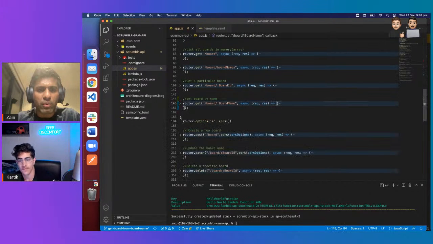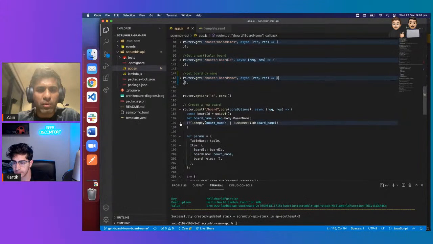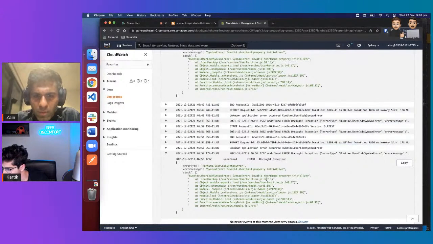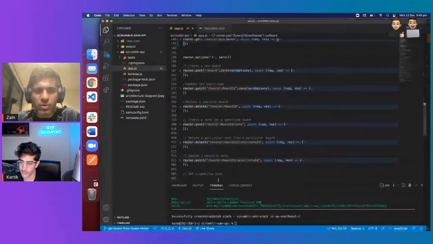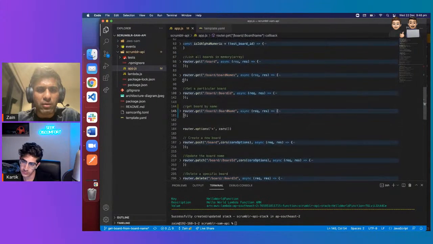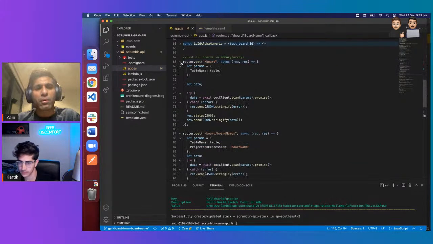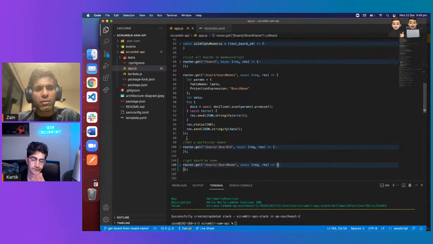Board name, get board ID. There we go. Okay, here we go. This is much better now. So, according to me, it should be 98. Load user app, 98. So 98 is different when you compile like this, and when you close all the functions, the line is different. How can the line be different when I close all the functions? Because they're on the actual lines. All I have to do is just expand. Yeah, if you expand,